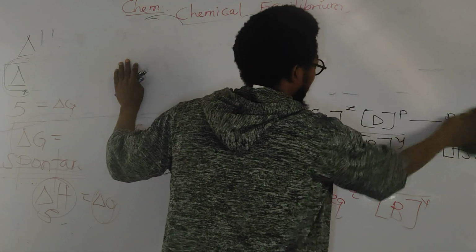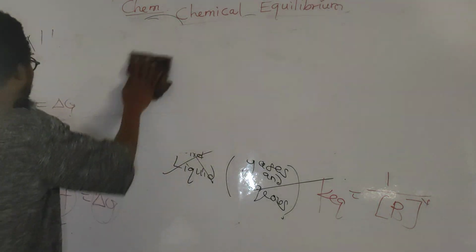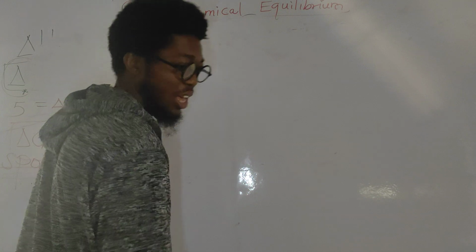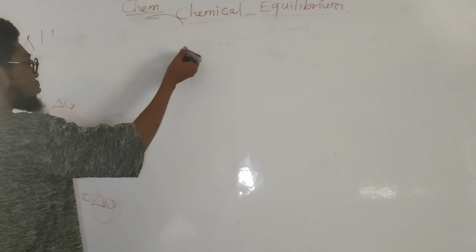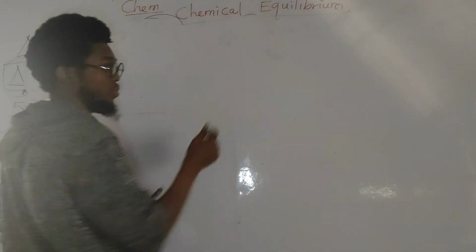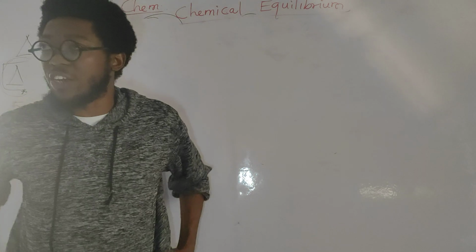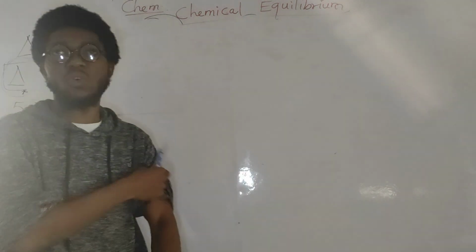So now we are going to look at some of the questions that are commonly asked under chemical equilibrium for a system that is in equilibrium. But before we are able to answer those questions, we need to have an idea about one or two things. The first is Le Chatelier's principle. There was a Frenchman that we call Henri Le Chatelier. According to Henri Le Chatelier, if a system is already in equilibrium,